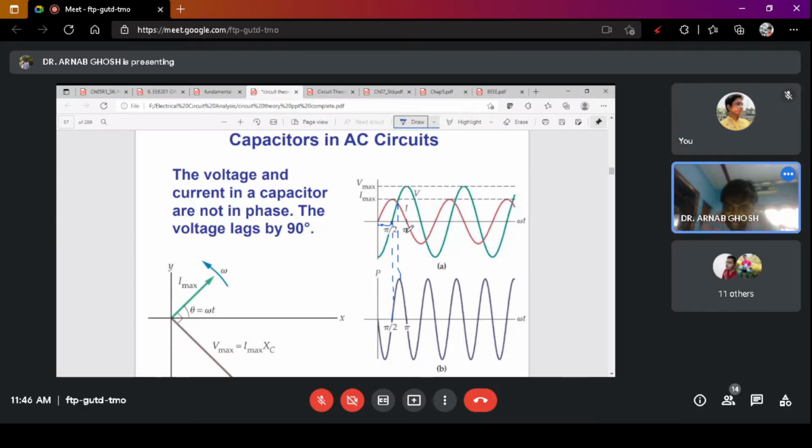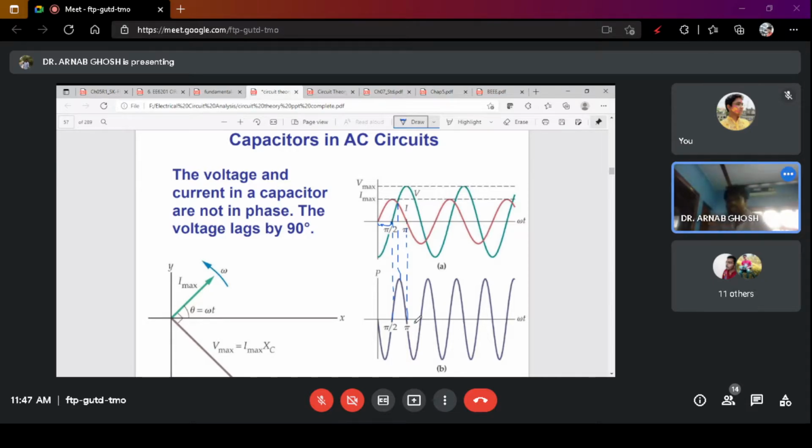I'm just redrawing this. See, again at pi, your I will be 0 because it is lagging behind the voltage. So at pi the value of the current will be equal to 0. Your voltage is there, but Vmax into Imax, your power is 0. This portion of the power curve has its maximum value at 3 pi by 4, that is between pi by 2 and pi. That is, the frequency of the power curve will become double that of the voltage or the current curve.